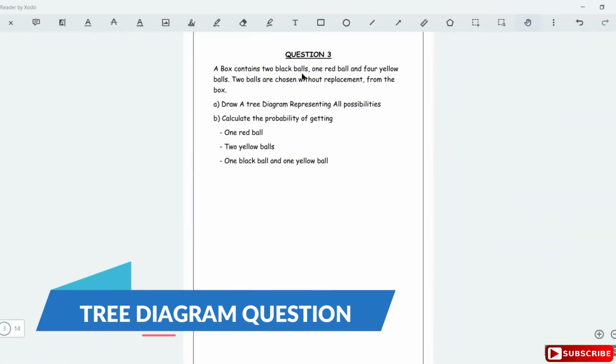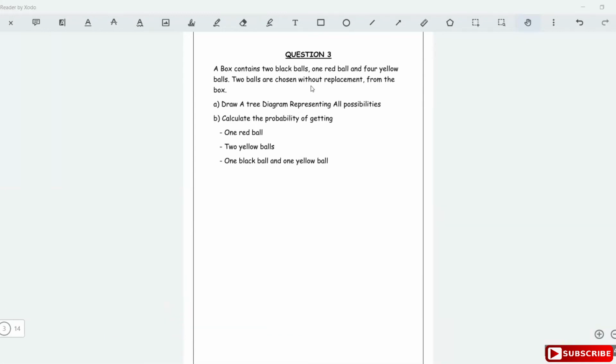Another example. Easy. This question says a box contains 2 black balls, 1 red and 4 yellow. 2 balls are chosen without replacement from the box. Draw a tree diagram representing all possibilities. Then calculate the probability of getting 1 red ball, 2 yellow balls, 1 black ball and 1 yellow. So to draw the tree diagram,